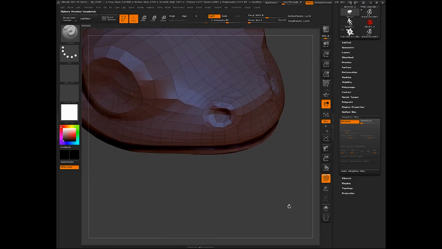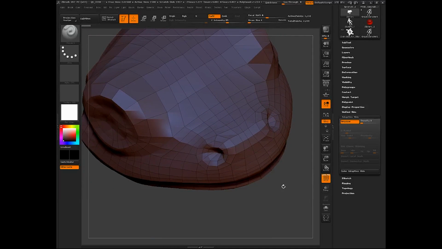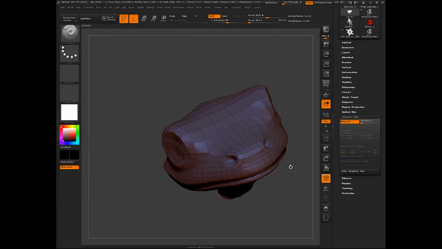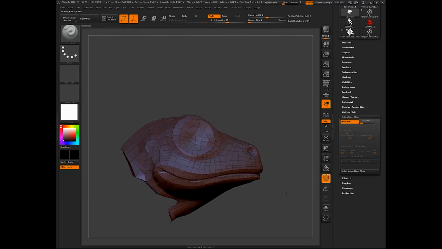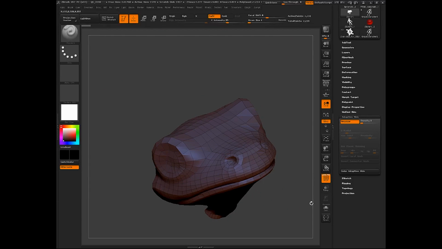Again, if anything is really messy, you can go back in and move stuff around using your move brush or your move tool up here. But that's the process. That's how we would do our retopology in ZBrush. Draw out your areas, paint in your areas where you know that you're going to have edge loops.